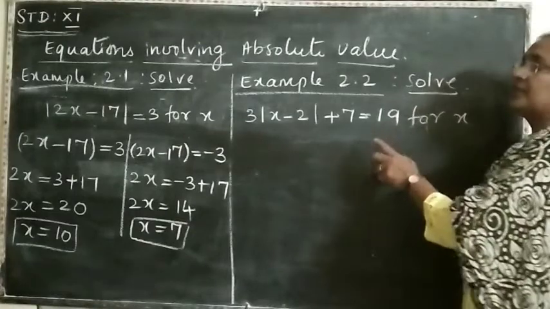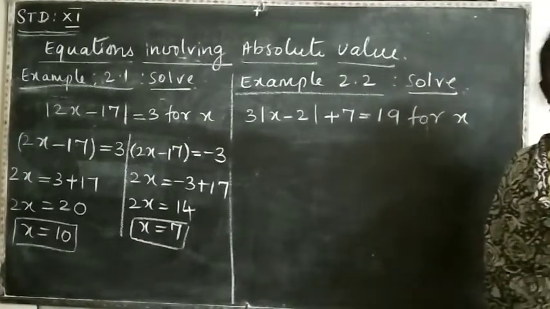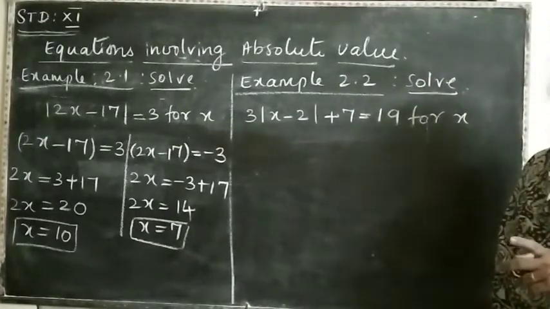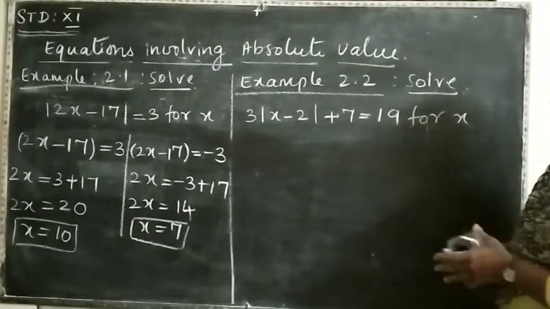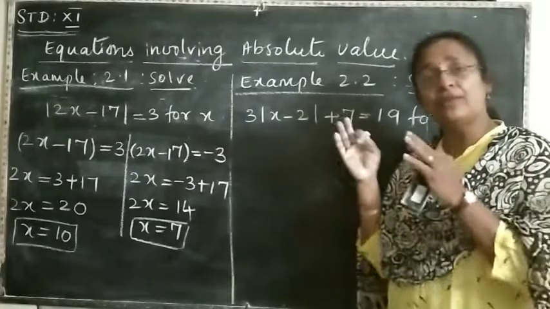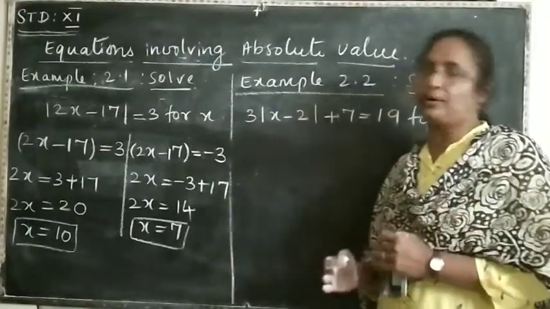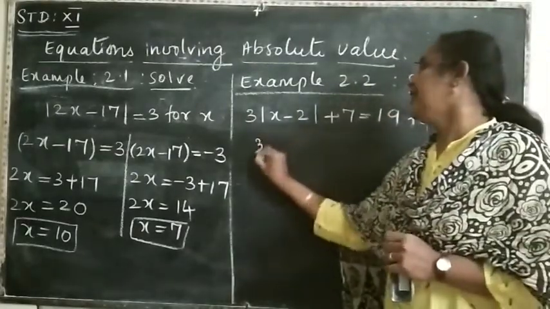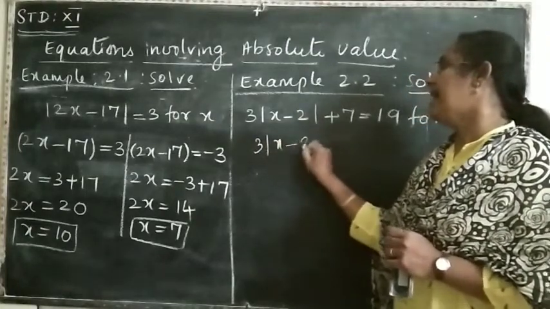So on seeing the question, we should be able to identify what type it is and which property we are going to use. Okay, so now look into this. Now I am going to bring this given question into the format which has to be brought into the property. Okay, so now 3 into modulus of x minus 2